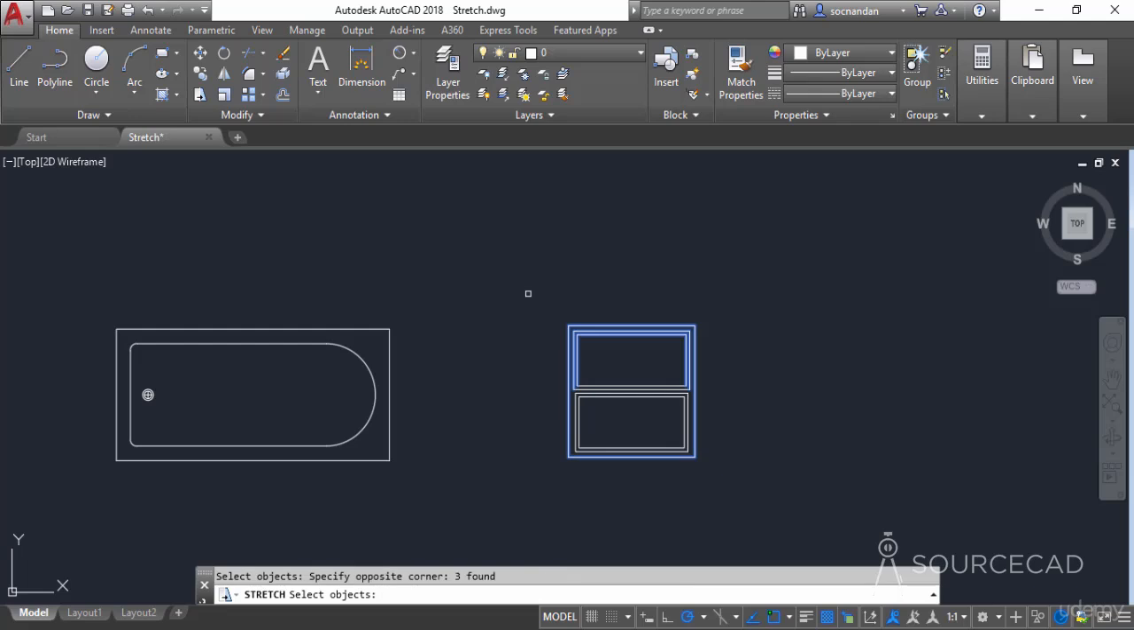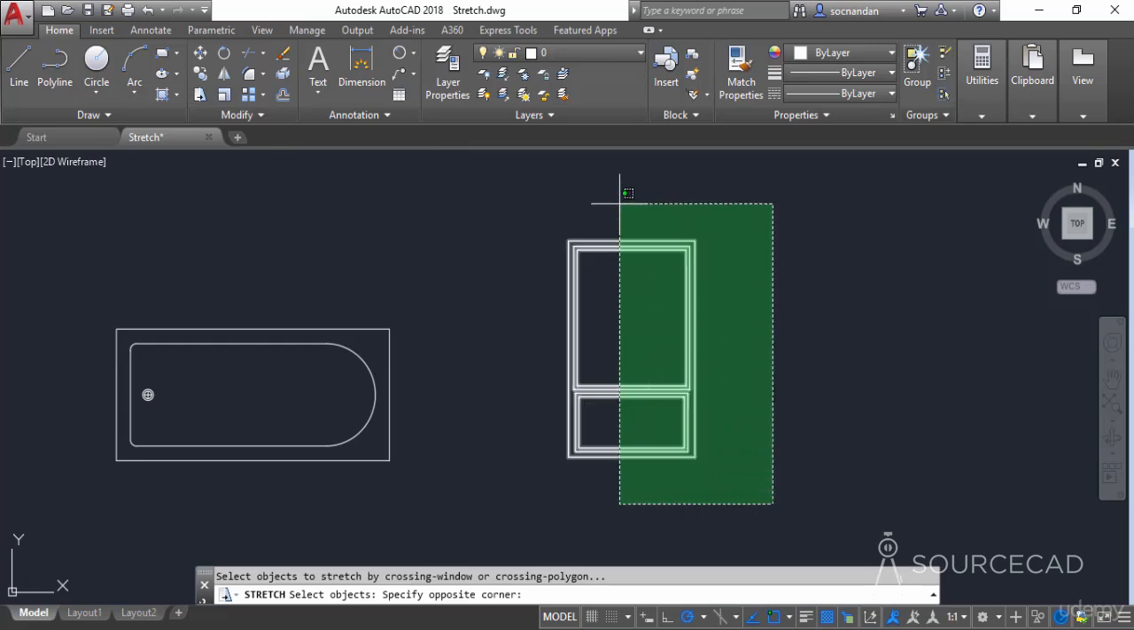So let's click, press enter, click at a point, and now move upwards, and you'll notice that only the 6 line segments which were partially inside and partially outside have changed their length, and rest of the geometry remain completely unchanged. Now let's assume that we want to change its length even further, and we want to increase its length in horizontal direction. For that, I'll select this stretch tool, click at a point here, make this window like this,